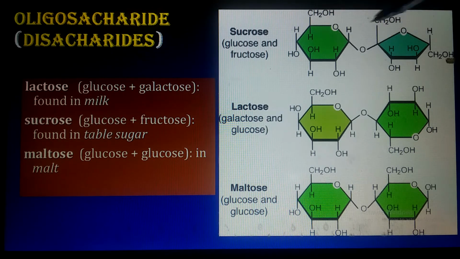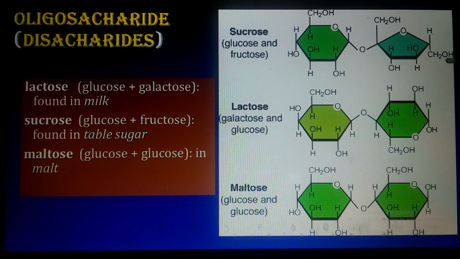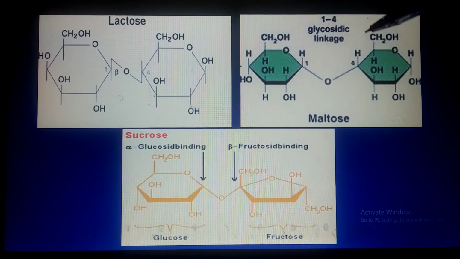As you can see here, the bond. This bond is known as glycosidic bond. Now, glycosidic bond may be 1,4, maybe 1,6. I will show you. Now, here you can see in case of the maltose and lactose, there is a 1,4